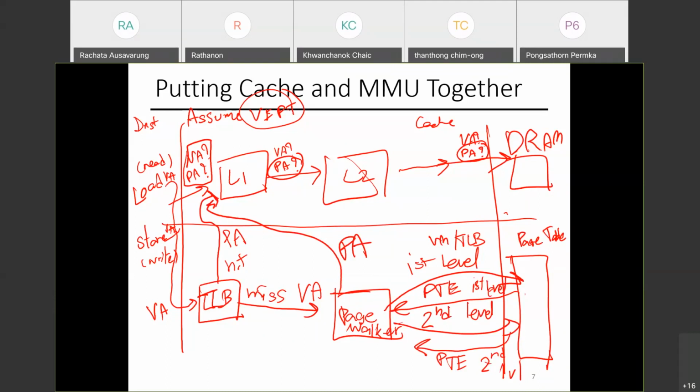cache. But that's not it. One last thing. What do you need to do at the TLB? So you just got your physical address, right? The TLB is a cache, right? The TLB acts like a cache. So what do